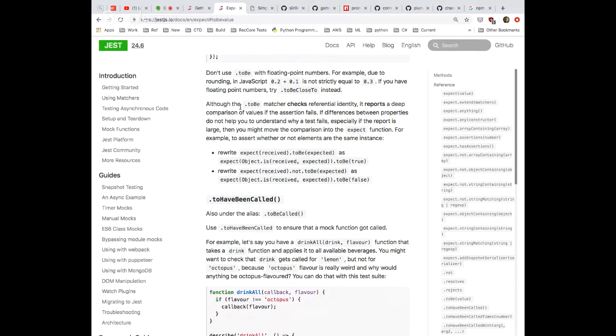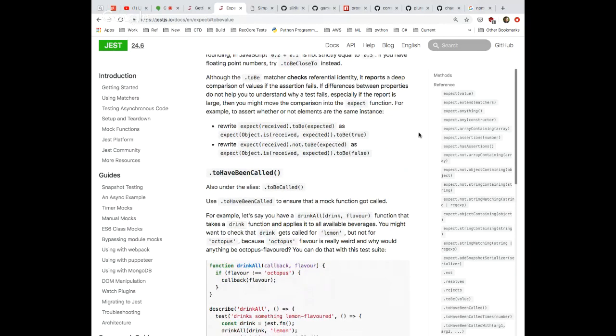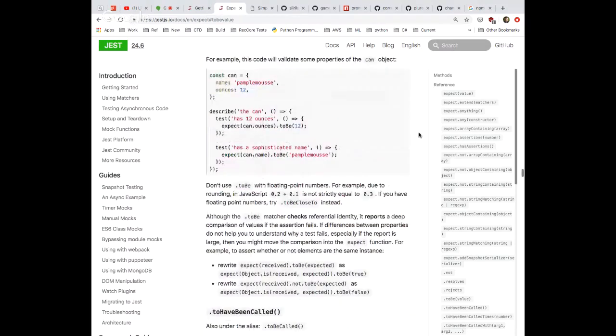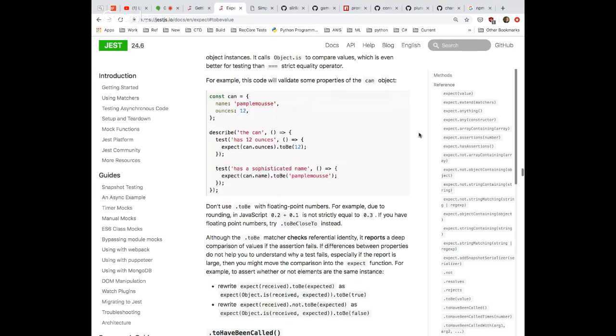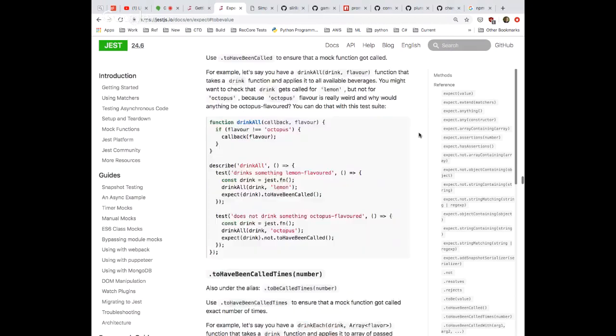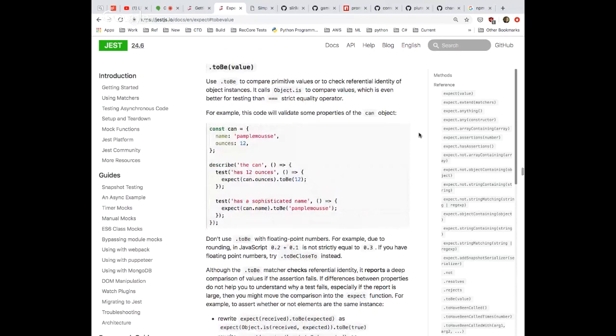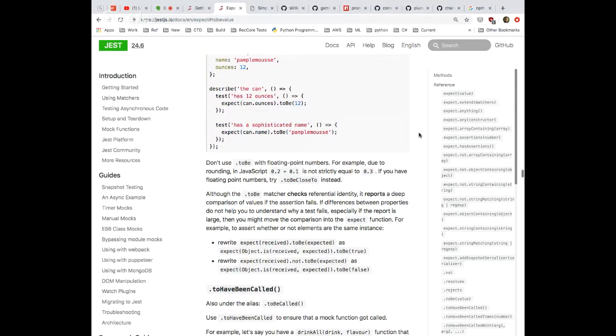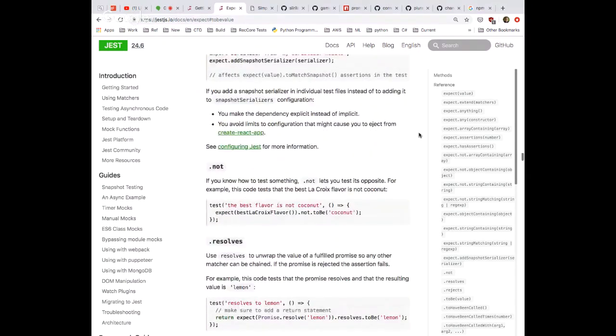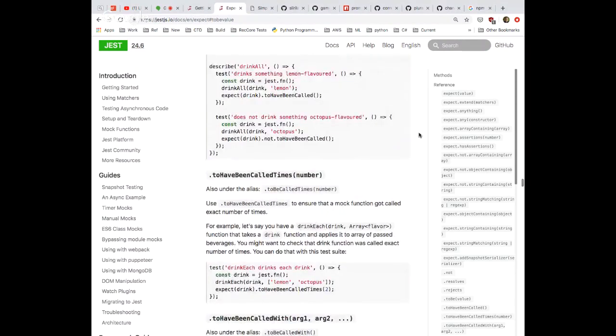Here's why it tells you that they serialize to the same, because it says, although toBe matches checks referential identity, it reports a deep comparison of values if the assertion fails. That's why it's giving us that extra bit of message where it's like, hey, they did serialize to be the same. Okay, so toBe is not what I want. If it was me not knowing, I'd have to be digging all over the place. I really wish that they had a note here that says what to use instead of toBe if you want to do that. But I'm pretty sure that the answer is,